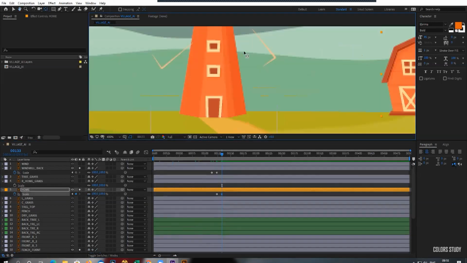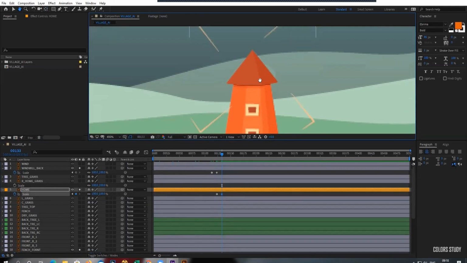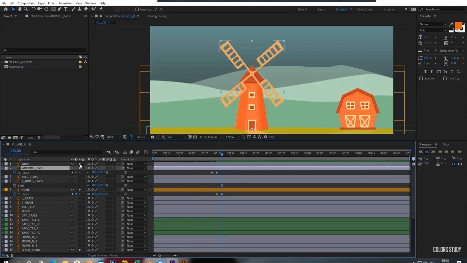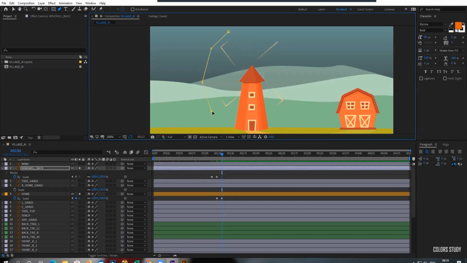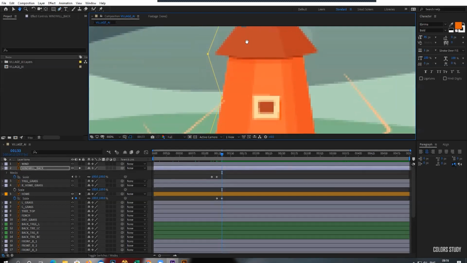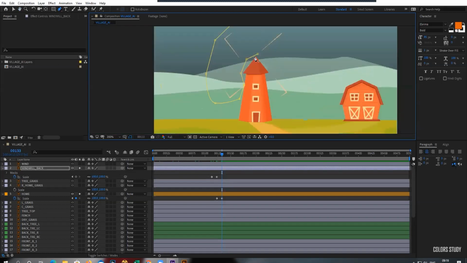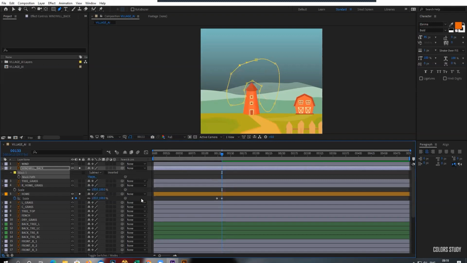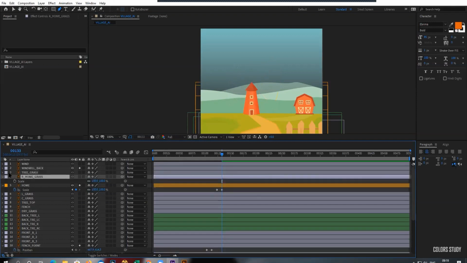A little fast here. As you can see on this layer, I forgot to separate this layer into a different layer. As you can see, this is the windmill wing. Draw a mask around it. Press M for mask. Add, to make it subtract. Okay, so you just have to do this. So the session will be ending.